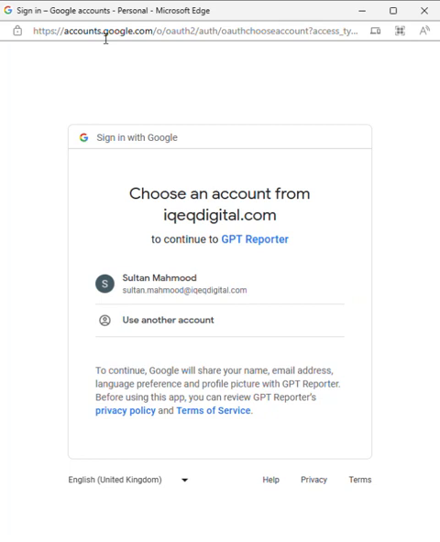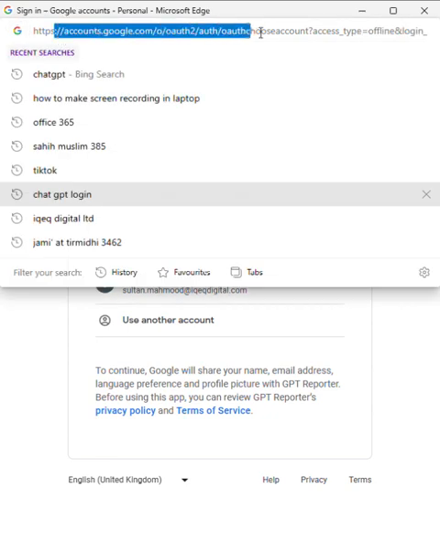This shows you the login screen you get when you install GPT Reporter, and it's asking you to choose an account to use with GPT Reporter. You can see the URL bar here, and I'm just going to scroll across the URL bar until you can see the client ID. So I'm just scrolling across,